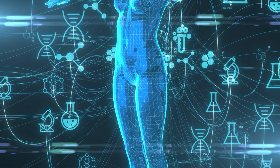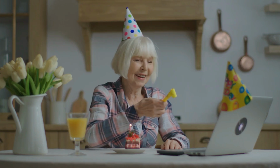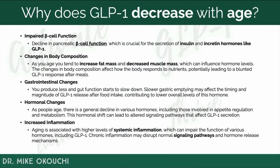And like anything else, your body just starts to slow down with age. But remember, there are two types of age. There's your biological age and also your chronological age. We cannot affect our chronological age, but we can affect our biological age by the things that we're doing from a metabolic perspective. So over time, if your biological age and your metabolic processes start to go the wrong way,